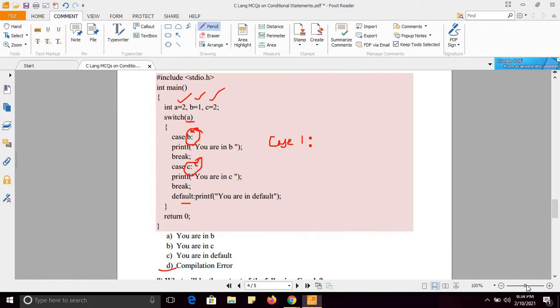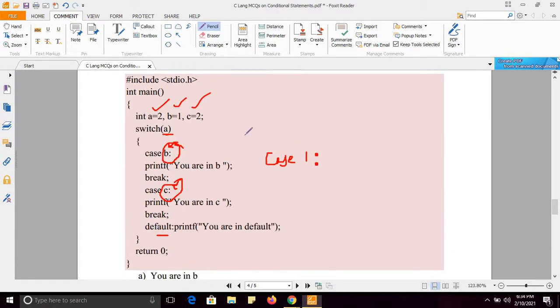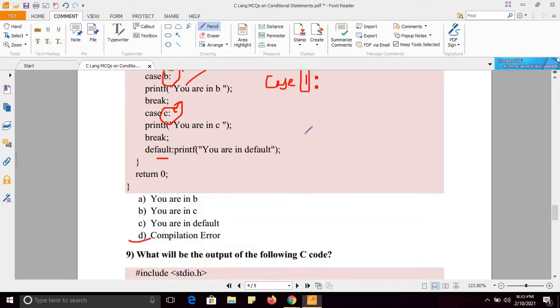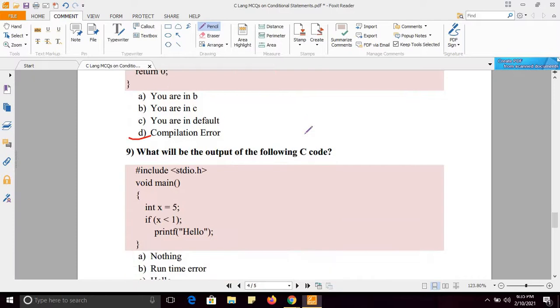Simple. Very important question it is. I cannot use variables here with the cases. I can only use constants like case 1, case 2, case 50 and so on. I cannot use a variable, so it is a compilation error.